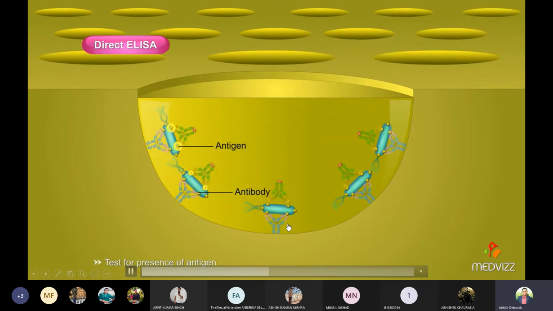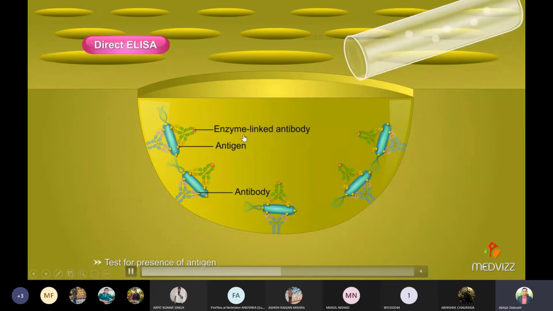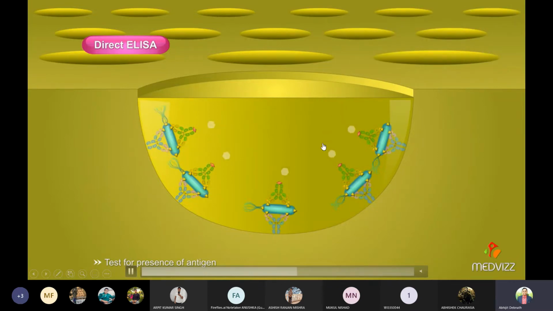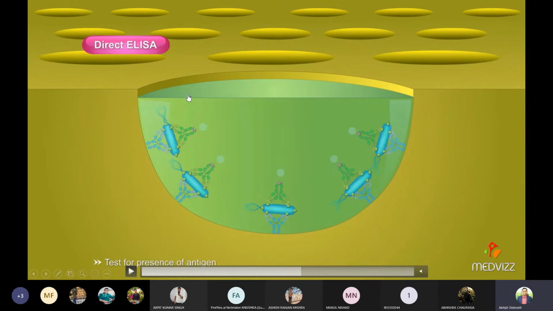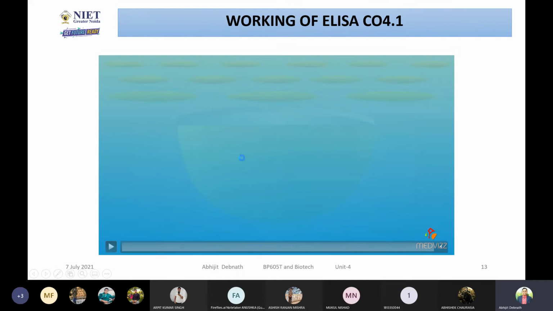You can add some enzyme, and in that enzyme there will be some probe. As I told you at the beginning, the enzyme antibody conjugation. Those enzymes will be attached with this antibody, and then you will be adding some colorless substrate. That will interact with the enzymes, and it will give you some result, some color. देखो यहाँ पे कुछ color form हो रहा है. Can you see some color actually forming here in that entire microplate? Based on that color, you'll be confirming that yes, this kind of antigen is actually present.